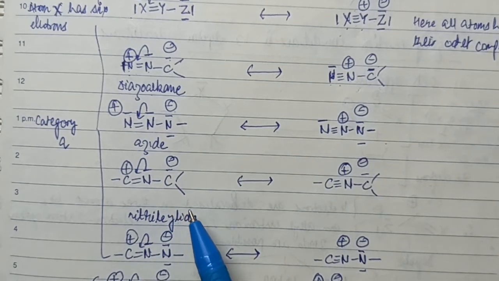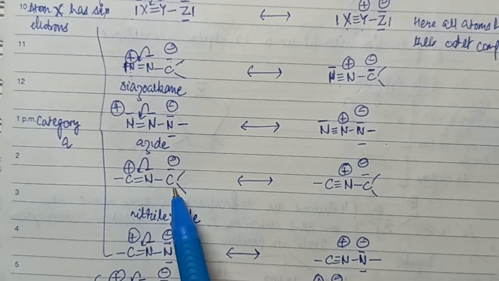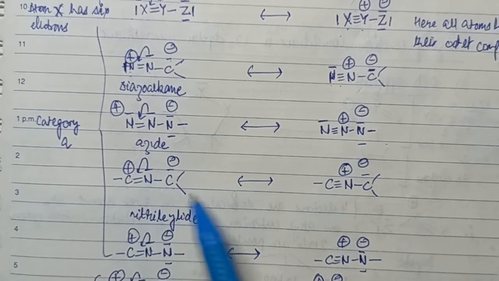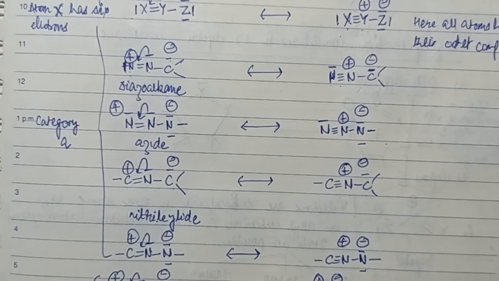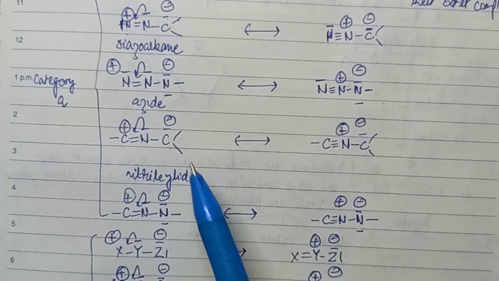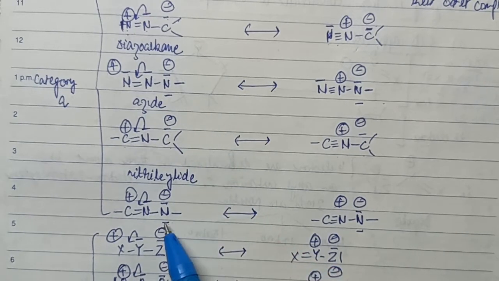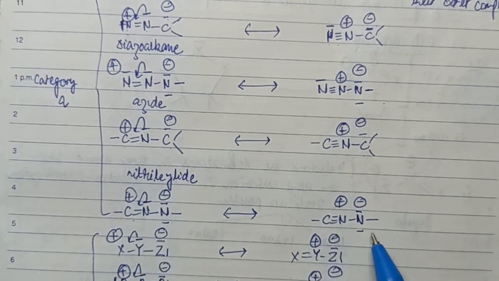Similarly, nitrile halides. As you can see, carbon has a positive charge here, this has a negative charge here, this lone pair moves in this direction, and the charges come on the first and second atom. Similarly, your diazoalkane kind of species, again a diazomethane kind of species, if you move this charge here,